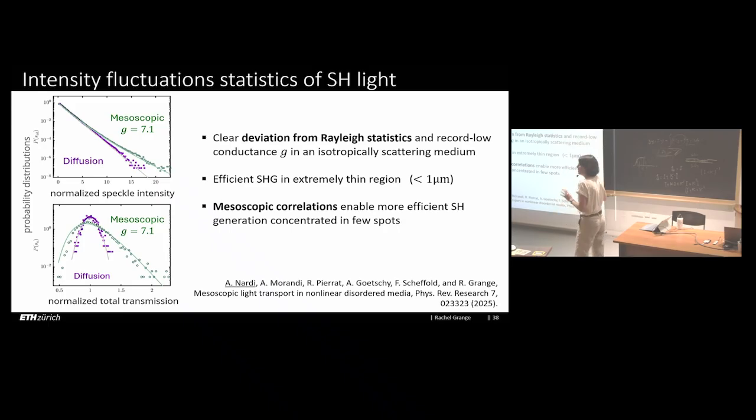So what we have here is a very efficient second harmonic generated in an extremely thin region, right? We are in a region which is typically, in that case, a sample below 1 micrometer, because we didn't want to start to have absorption, right? And also some mesoscopic correlation that really enables more efficient second harmonic generation, as we see those spikes here, because they are concentrated in those very few spots that we saw before. Okay, so yeah, this was one application, or let's say one